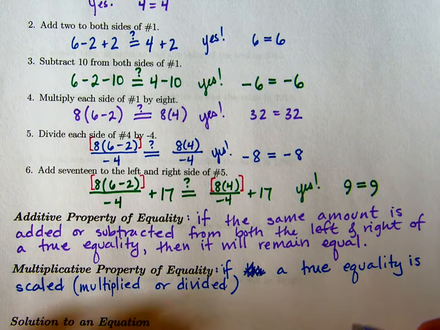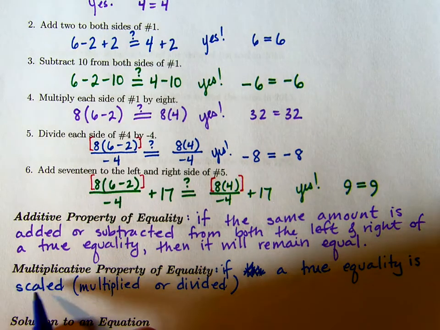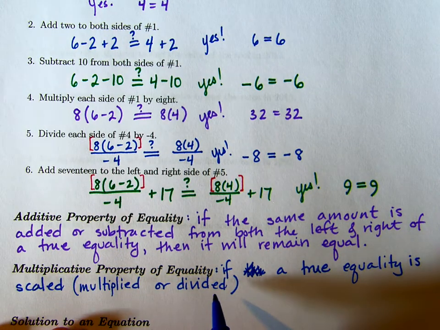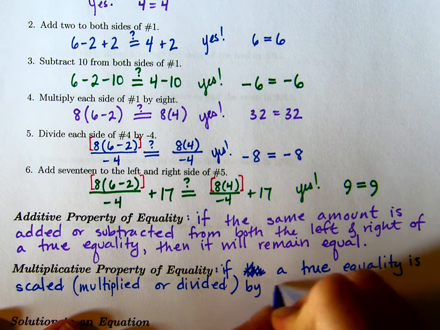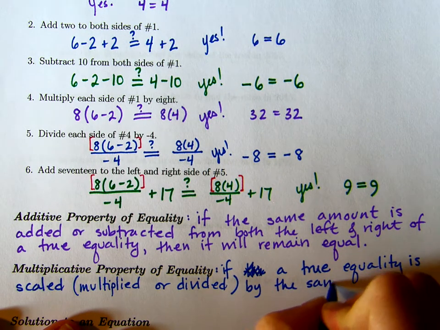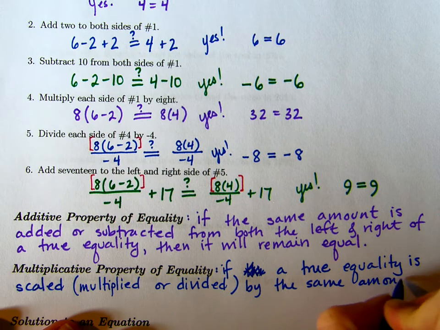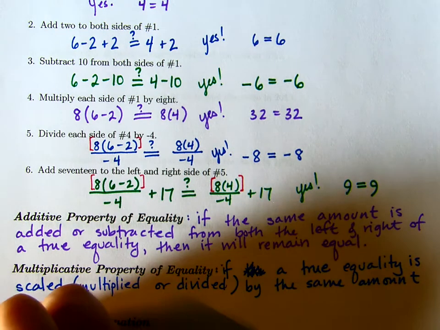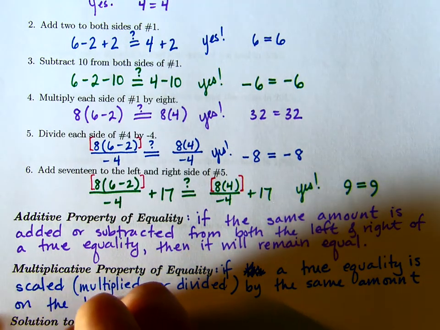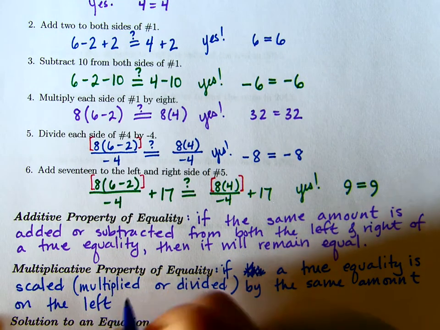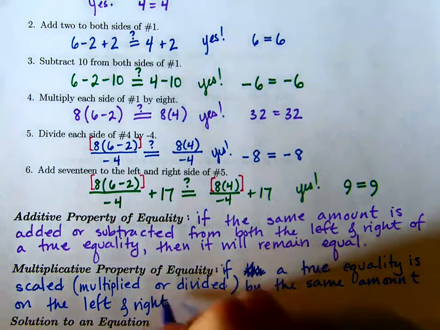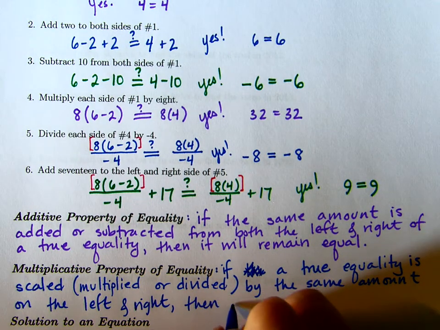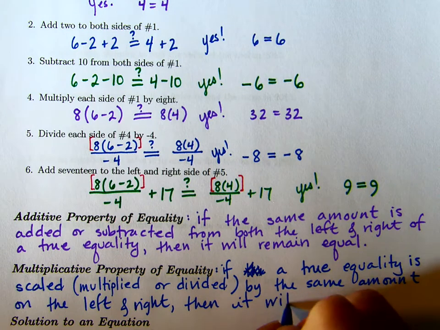Doesn't quite make sense. If a true equality is scaled, which is multiplied or divided, by the same amount, on the left and right,